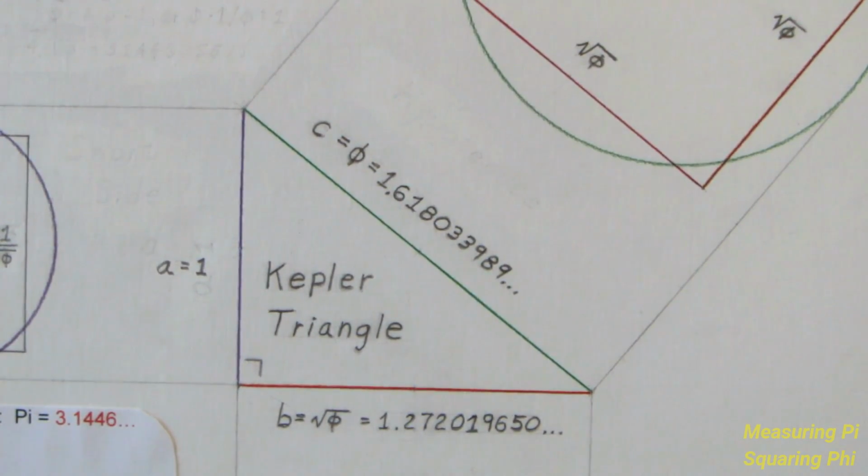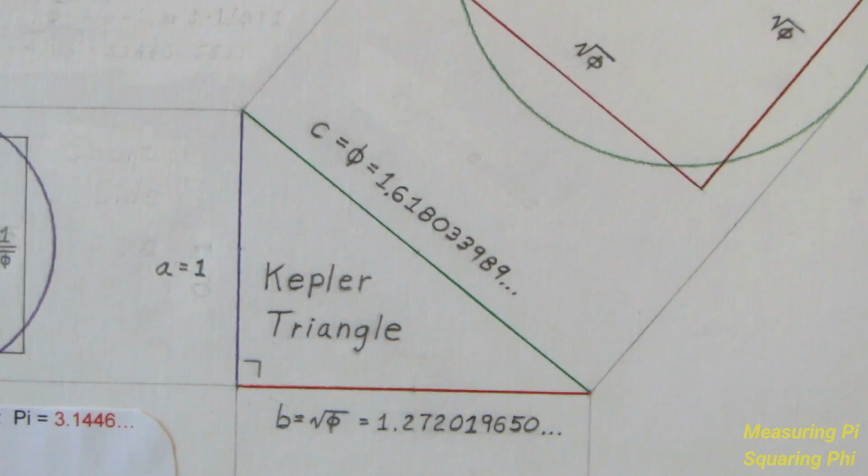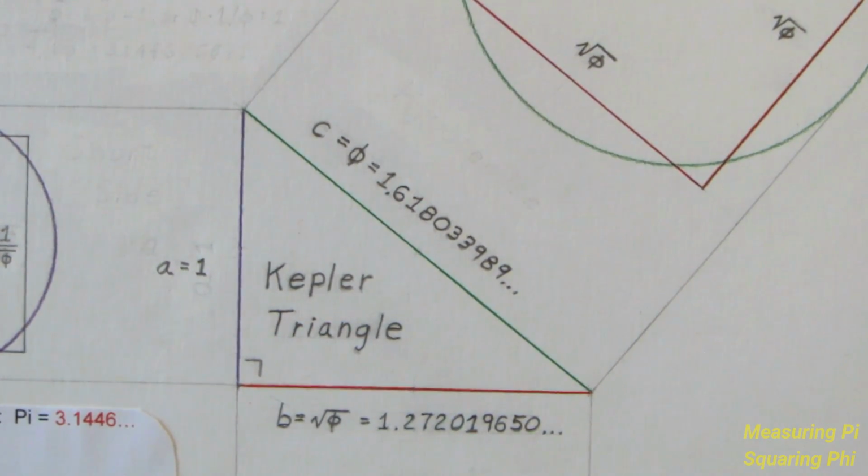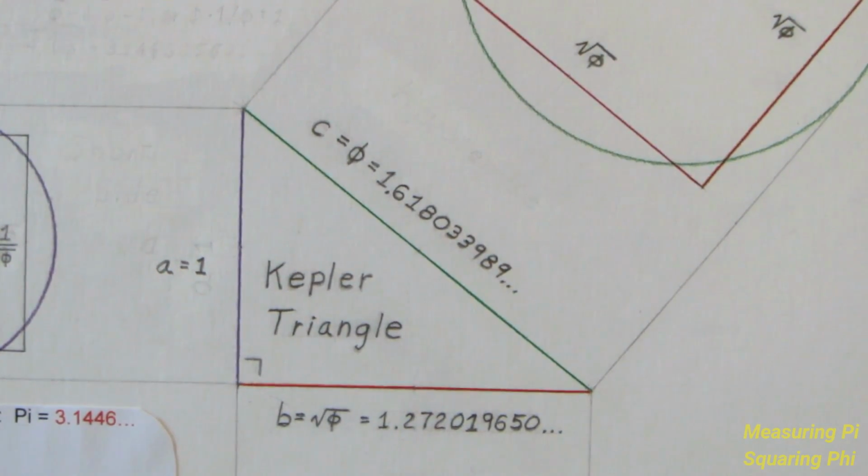That was true, Kepler knew that, but what else Kepler discovered was that a times c, the smallest side times the hypotenuse, equals the other side, b squared. And you can go through the calcs if you want and see that. That's what Kepler discovered. What I recently discovered, and have no idea if anybody else has come up with this relationship, is that